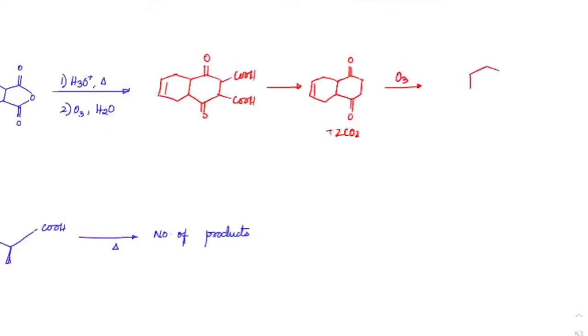So which means I will have COOH on this side, COOH on this side, double bond O. Okay, and these two carbons, check out, they will become 2 CO2. Now here, if you see, this is also becoming beta keto acid. So we will get double bond O, double bond O, plus another 2 CO2.